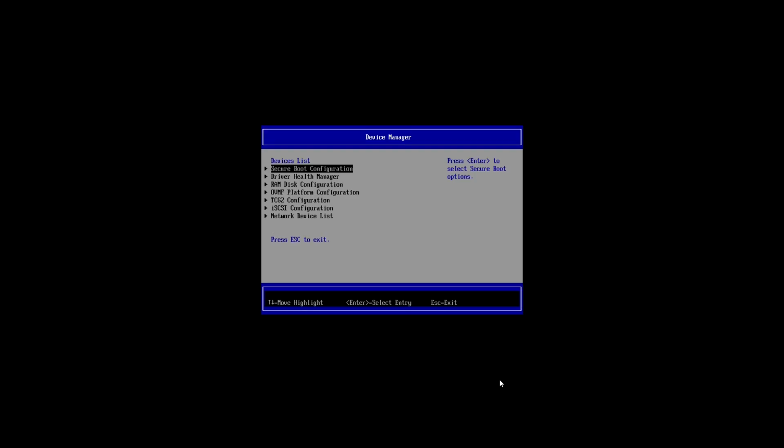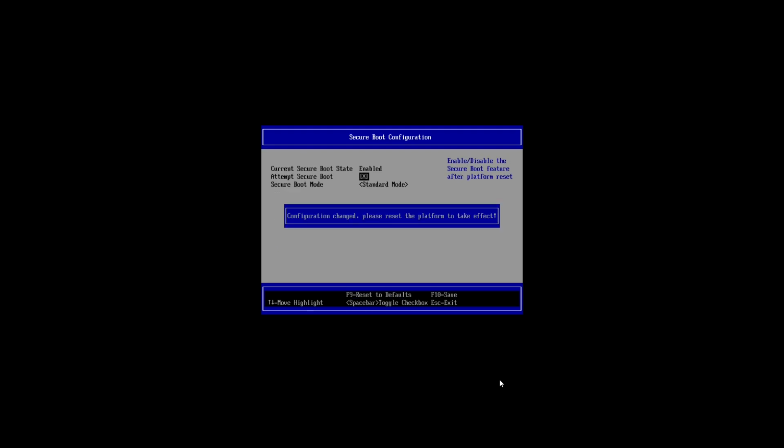And while it's restarting, I'm going to mash the escape key. Okay, now we're in the boot menu. I'm going to go to Device Manager. Note that different BIOSes will have Secure Boot in a different location. Generally it's in advanced settings, but over here I'm going to turn off Secure Boot. If you can't find your Secure Boot settings, just have a look at your laptop make or your desktop motherboard make. Have a quick Google search and see where you'll find these settings.